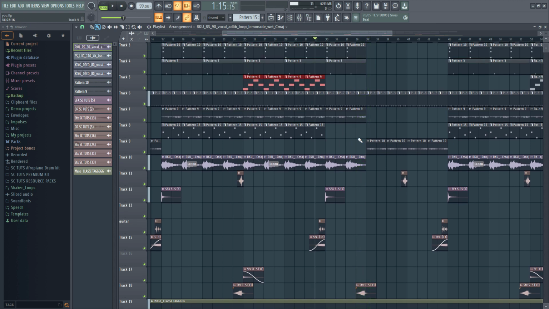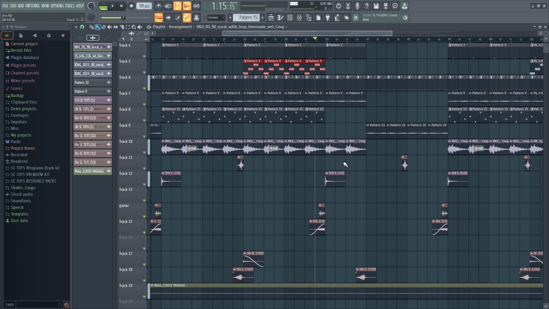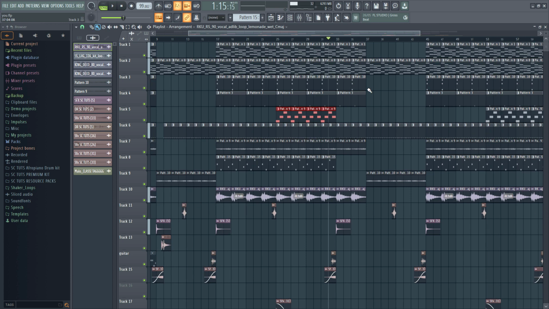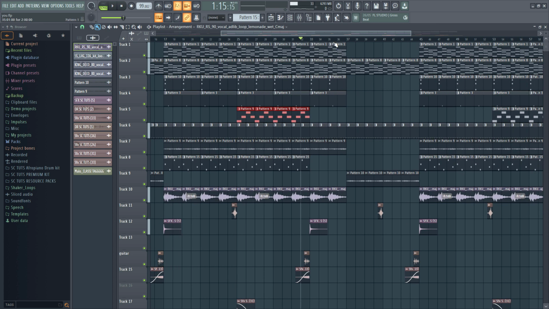So you could play an instrument here if you'd like, maybe a saxophone, maybe a guitar melody, a guitar solo or something. Or you could have a vocal, maybe a vocal riff, just flex his vocals here or something. There's so much you can do with a bridge, okay? So yours can be a 4-bar bridge, an 8-bar bridge. So it all depends on you. Sometimes maybe you want the song to be longer, you can make it an 8-bar bridge. But I chose a 4-bar bridge right here, and then go back into the